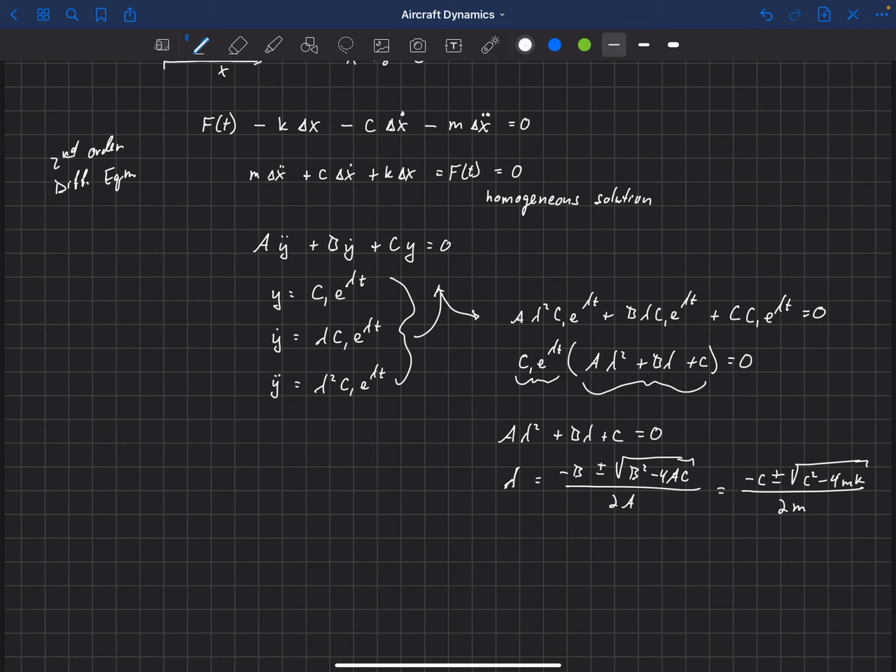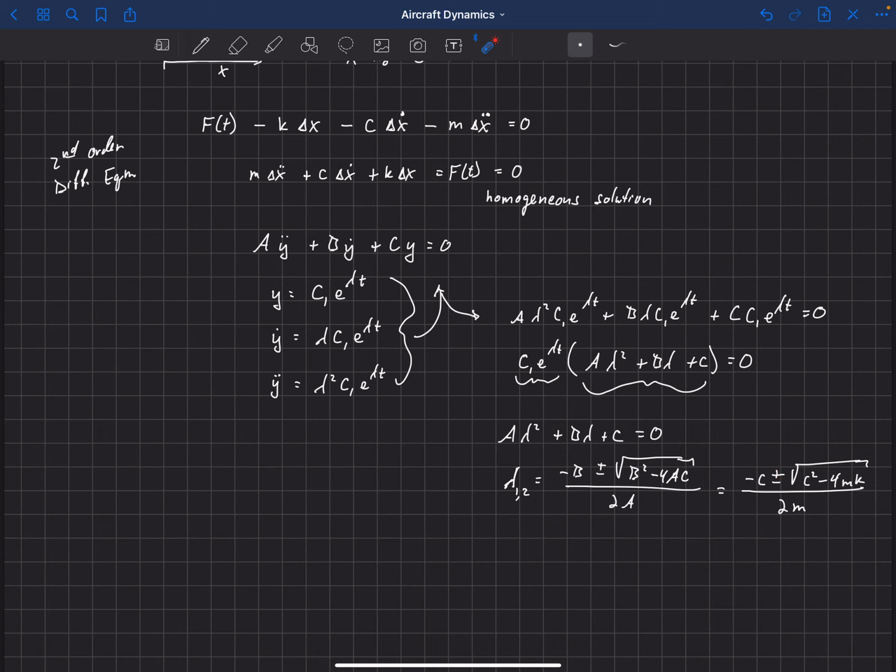Now, as you can see, lambda could be real or imaginary, depending on how the damping here, c, is related to the mass and the spring constant, right? So the things underneath this radical tell us whether this is going to be a real number or an imaginary number. But in any case, we're always going to get two values out of this. We're going to get a lambda 1 and a lambda 2, okay? We can get two solutions because we have the plus or minus here.